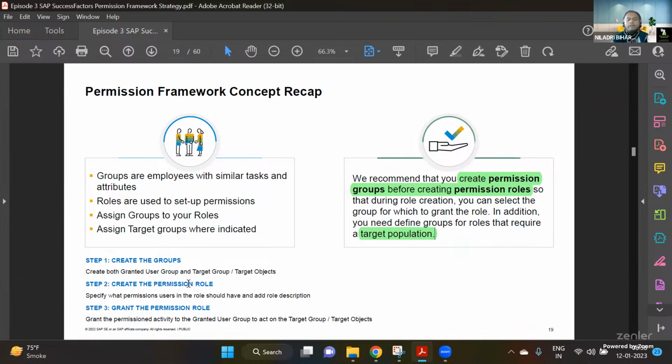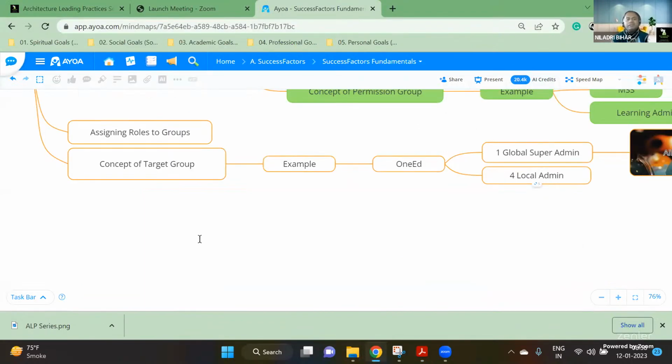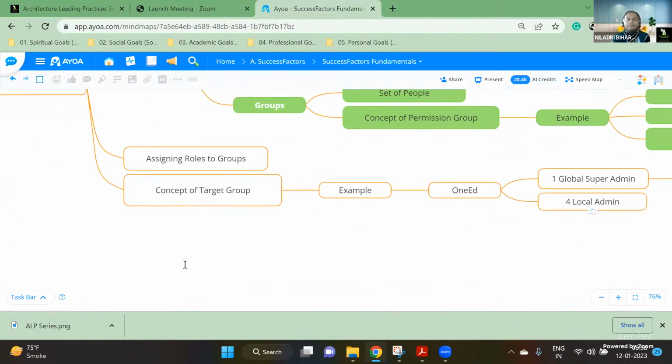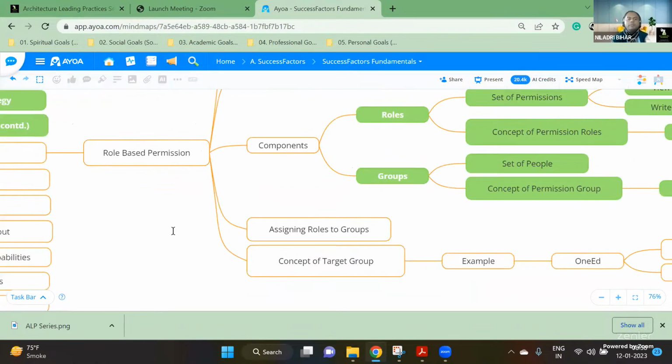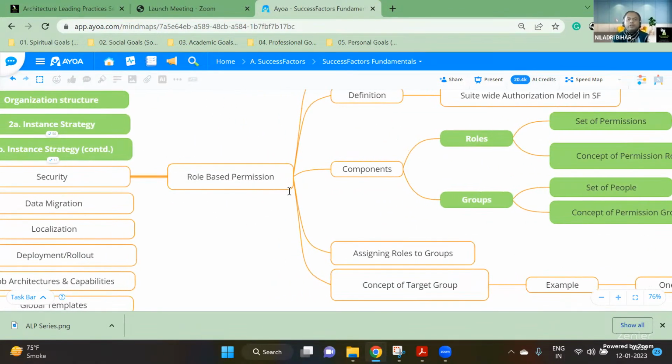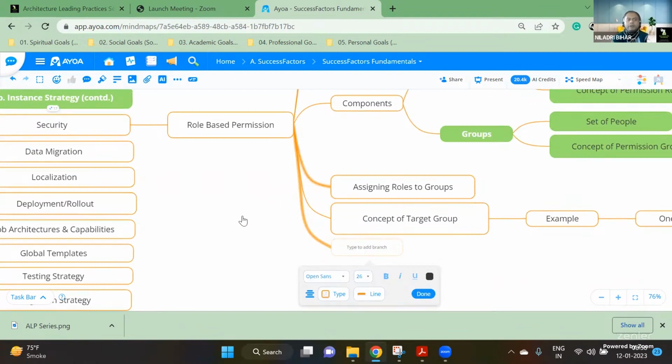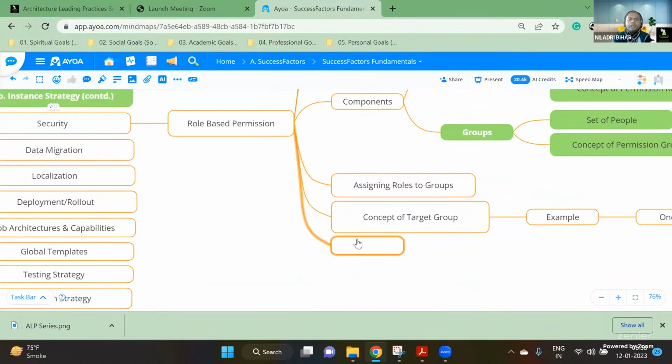Now the steps from a configuration point of view. Because it's an architectural reading practice session, we're not bothered about how to configure and all. That will be in different sessions, as a part of your implementations. But for the time being, I'm just saying what the key steps are that you have to follow whenever you are doing this kind of an activity. So the key steps will be,